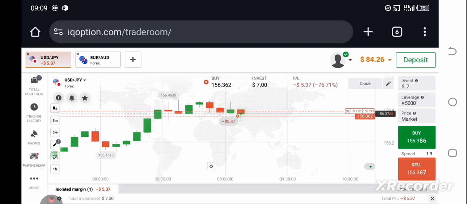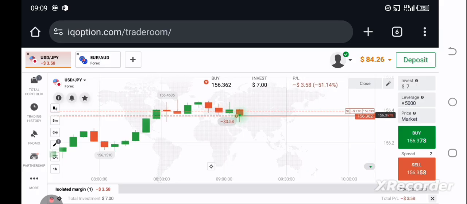So once you set it like that, if you hit a profit of $7, which is 100% of your capital, the trade should close. If I get a loss of $7 also, which is 100% of my capital, the trade should close. But this is just for illustrative purpose. Ideally, your stop loss should be lower than your take profit. Your take profit should be higher, or better still, do it 50-50, just the way I did. But it should be